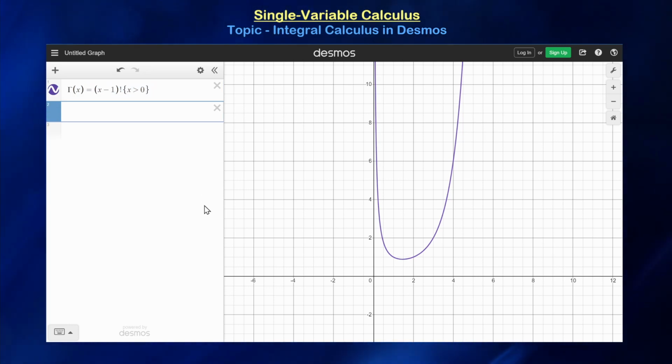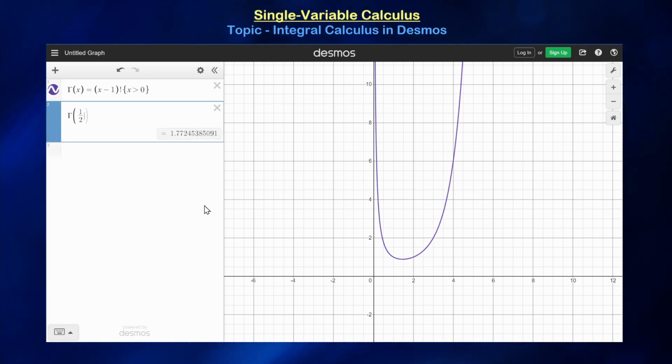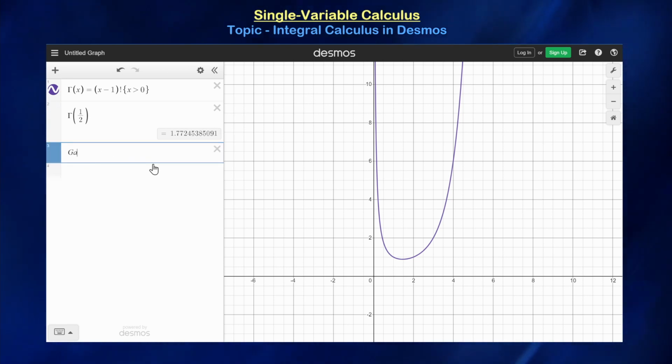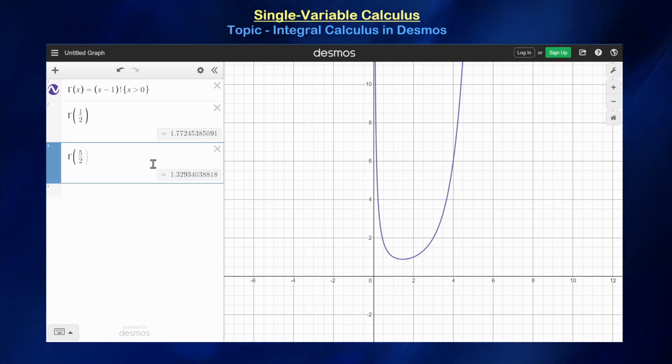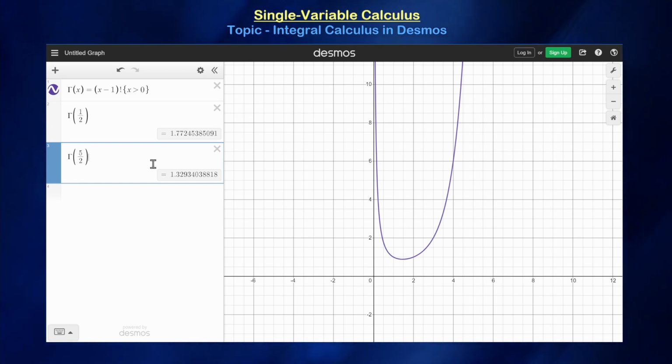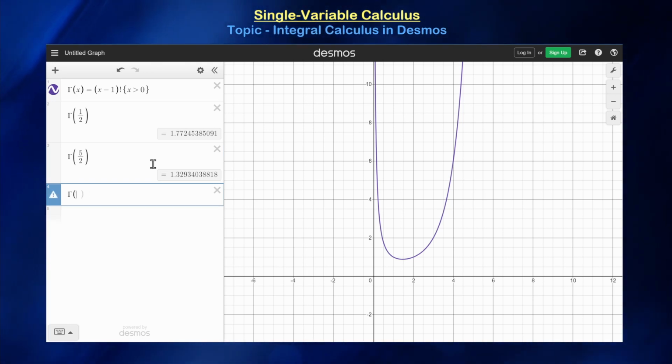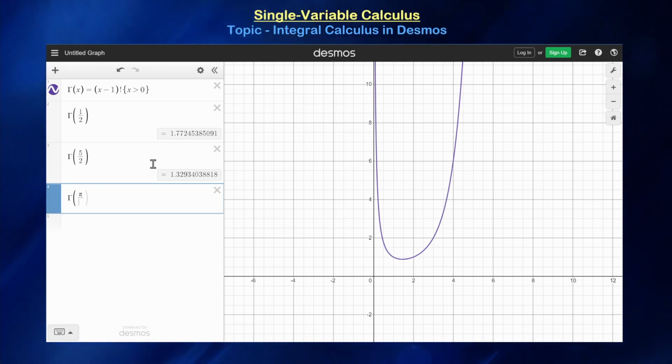So for example, if I ask you, what is gamma of 1/2, it gives you approximately 1.7725. So is that equal to the square root of pi? Indeed it is, right? But of course, Desmos will not give you analytical values or exact values. It will just give you approximations. But if you don't care about the exact value, Desmos will serve your needs. So for example, I can do gamma of 5/2, which we already know the exact value of, and that gives you 1.3293. And you can evaluate this at all of the other values, even if you don't know the exact value, or maybe it doesn't exist at the time. For example, pi divided by e, that will give you